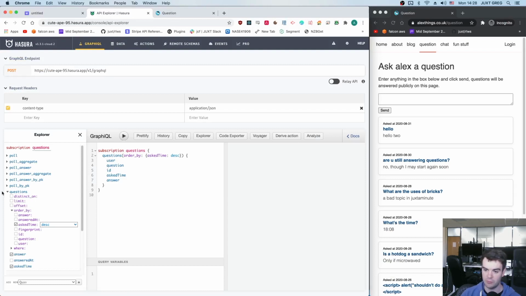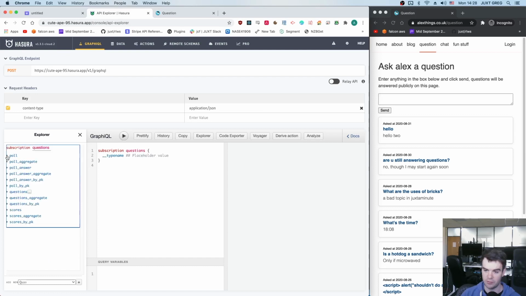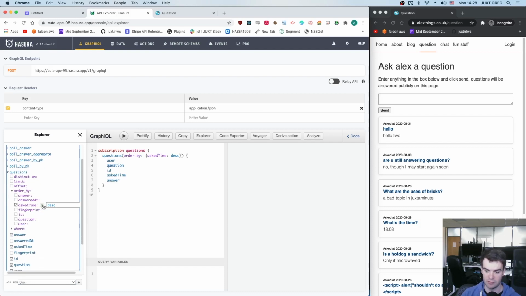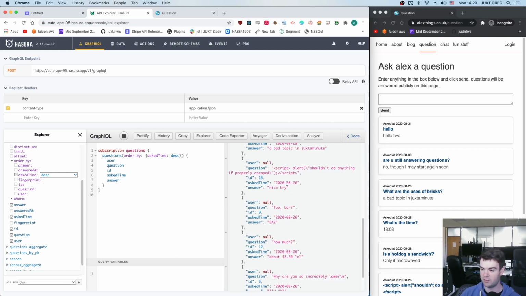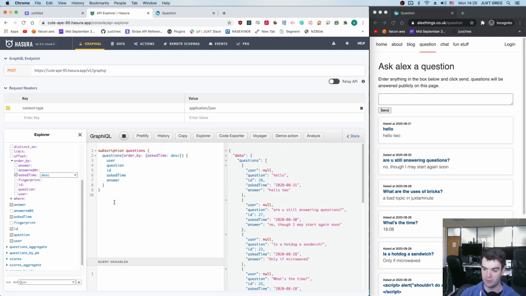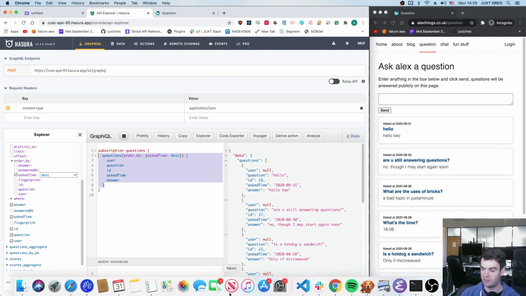Created a subscription, which you can do just by clicking as a new subscription. I want the questions and I want to order it in descending order so that the newest one appears at the top, and I want these keys to be selected from this data. Once I've got this, I can test it all from within here. This is the sort of data that I'm getting out, and once I'm happy with that, I can copy this